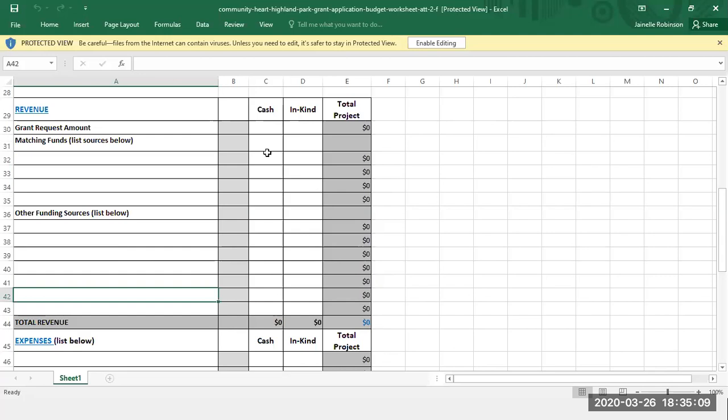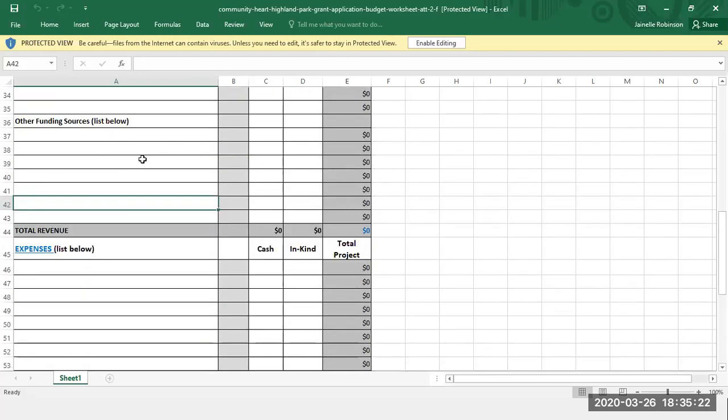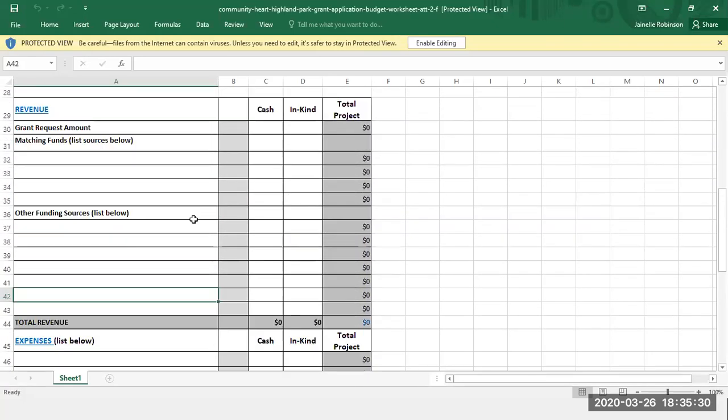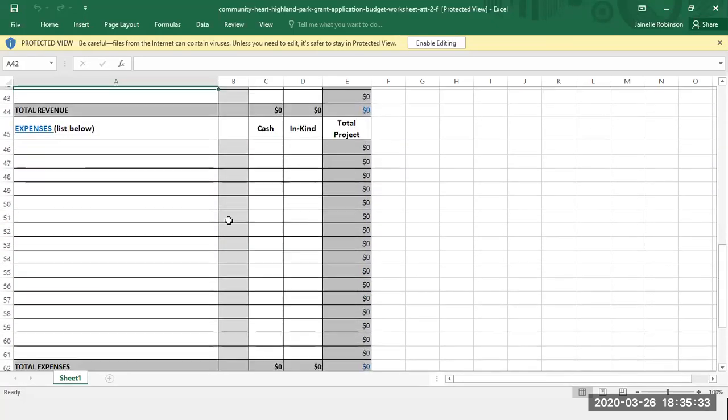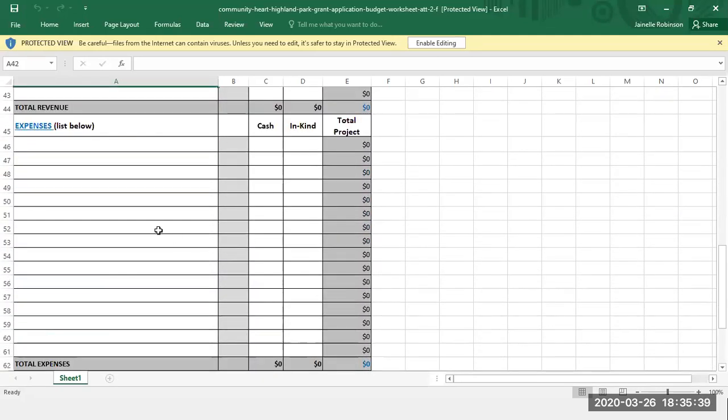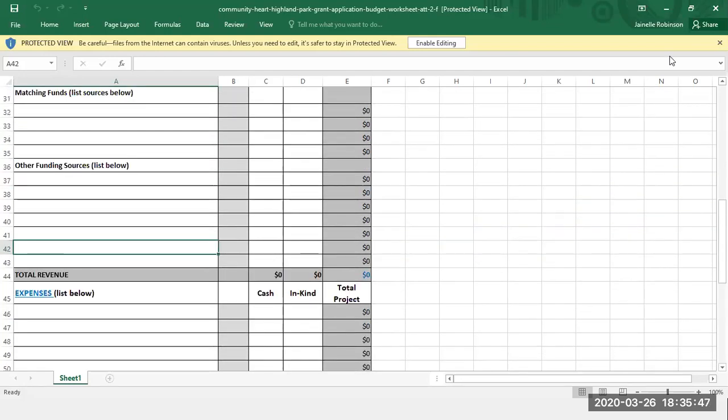If you've never written a grant before, this is a great grant to apply for because you do have the professional support, judgment-free zone, and we'll stumble through it with you, if this is what you want to do. Other funding sources listed below. So maybe you have someone else giving you money, or maybe you have a night grant that you're working with, or something else. Expenses. So you would list costumes and canvas and paint and all those different things. Even the fees for the other artists might be listed here as well. And it needs to make sense when you get down to the bottom.